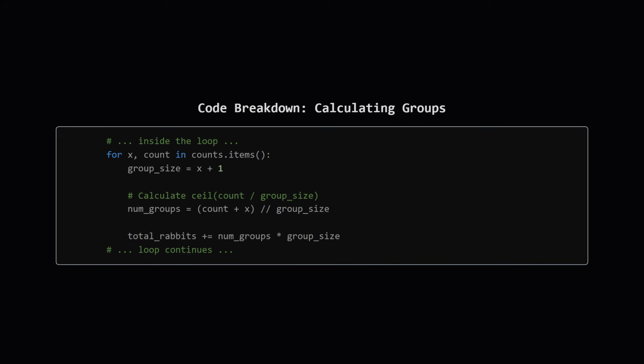A neat integer division trick for ceil(a / b) is (a + b - 1) // b. Here, since group_size equals x plus 1, this becomes (count + x) // (x + 1). This gives us num_groups. Finally, we add the total rabbits for this answer to our overall total, that's num_groups multiplied